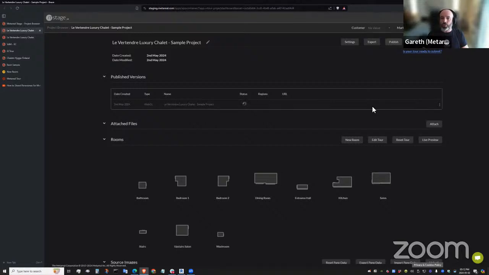Now, obviously, people downstream are going to want to integrate that link into their different online assets, whatever property it might be. And so what they can do is, once that link is created, it's always possible to republish to the same link with the latest version that you have in the editor. So if you want to make changes, you can republish. You can also have multiple versions published of the same tour in the project. So you can publish as many versions as you want.